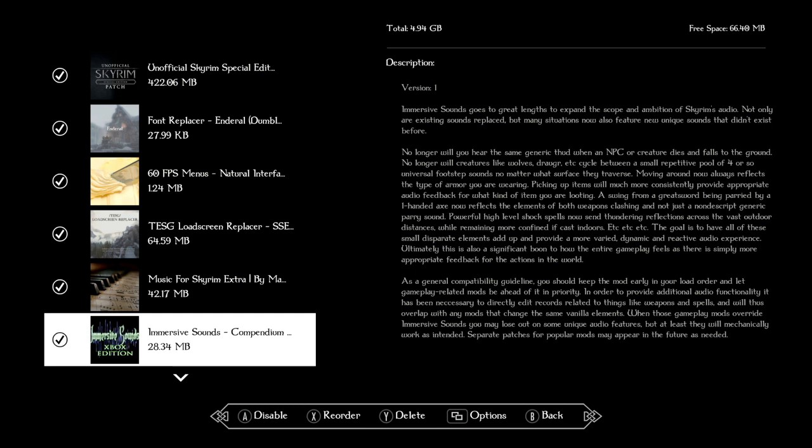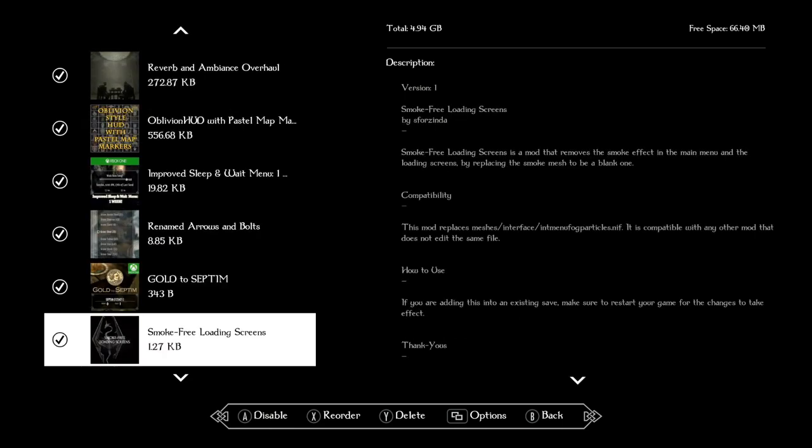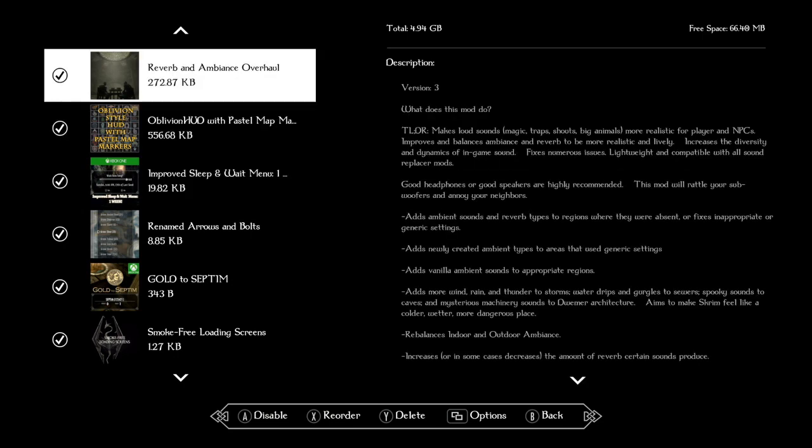Immersive Sounds Compendium replaces the normal sounds within the game that sound wrong with better ones that sound accurate, such as using a warhammer not sounding like using a sword whenever you hit an enemy. Next we have Reverb and Ambiance Overhaul. This changes it so that the game actually takes into account being within an area or outside and how